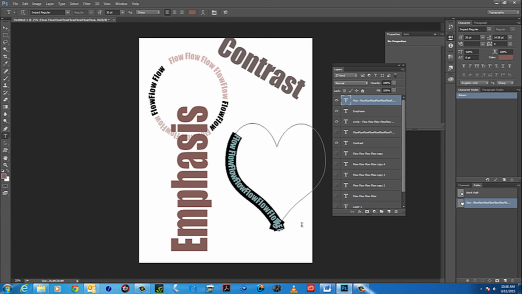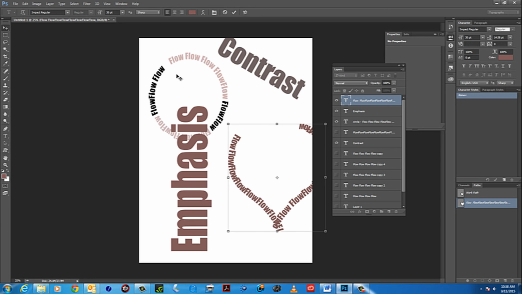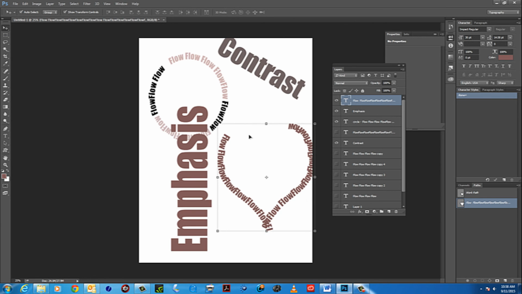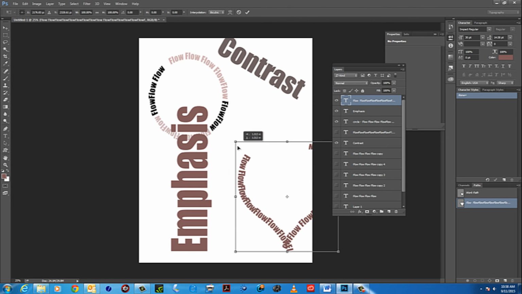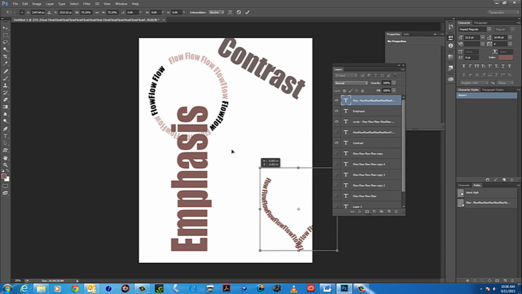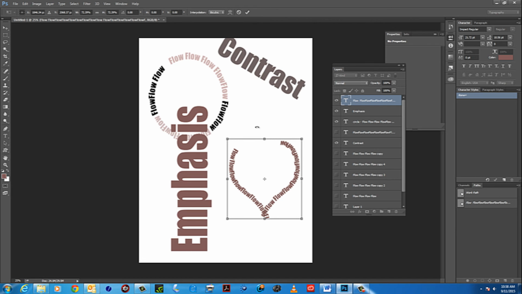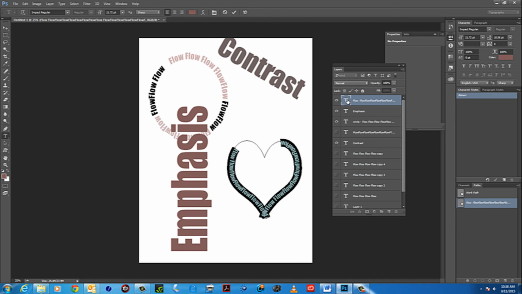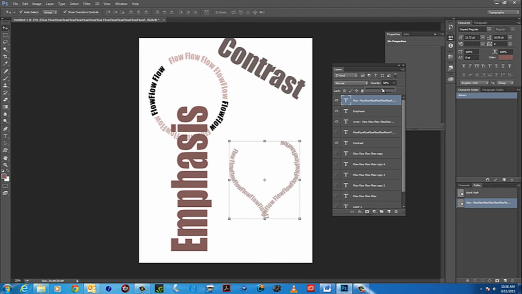Let's see if I click it and then go to copy, paste, and I can go all the way up. So that's a neat possibility. So I've got flow. Listen to this. So we have flow. It's flowing. Now, what if I were to take this and bring this down in opacity to right about there,